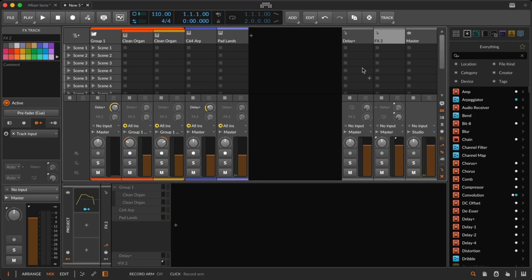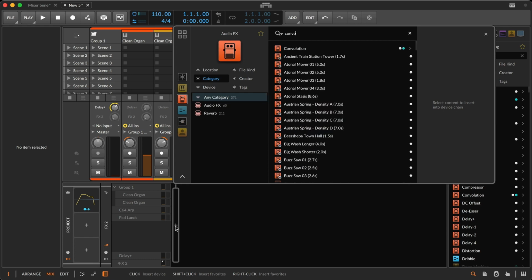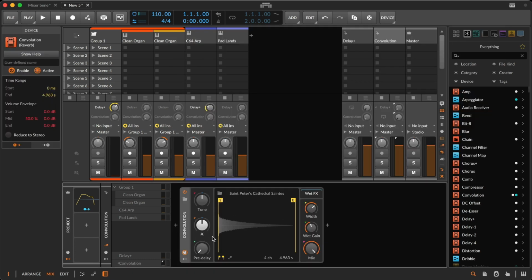And as just one final thought that we didn't look at with auxes, if I was to add some kind of convolution here, I'm not even going to route signal over there. I've already got most of my other sounds going into the delay, which is nice.